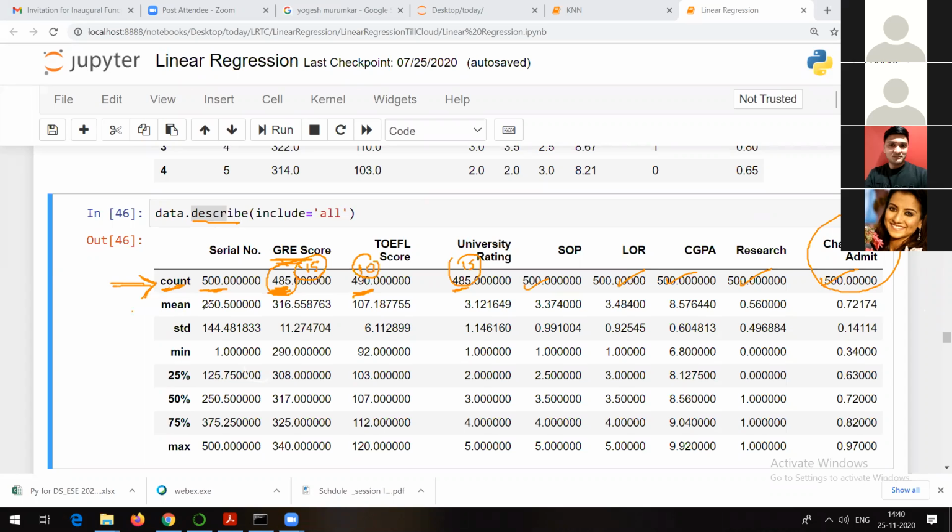Mean is nothing but what? This is the mean of the CGPA number, mean of the GRE score, the average. Mean is nothing but the average. And the same thing for us, this is nothing but what? Standard deviation. I told you, standard deviation is nothing but how much the values deviate from the mean value. How much all the other values deviate from the mean value, that is called standard deviation. If you are not clear about it, don't worry, maybe you can refer to this file later on. But those who are aware about it, I think they will understand.